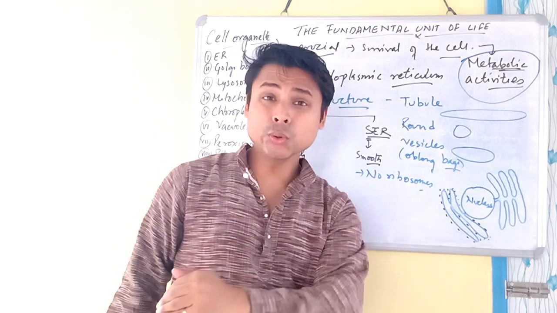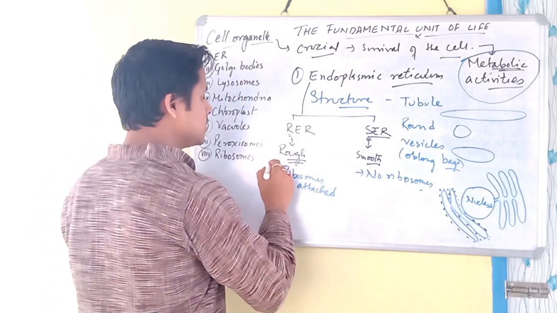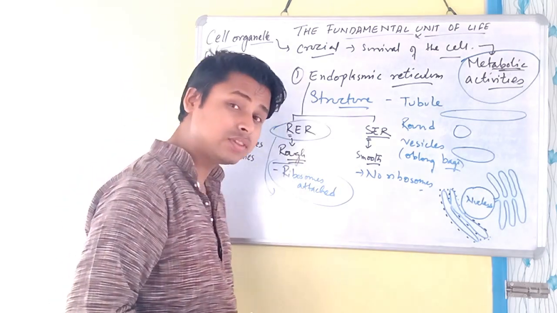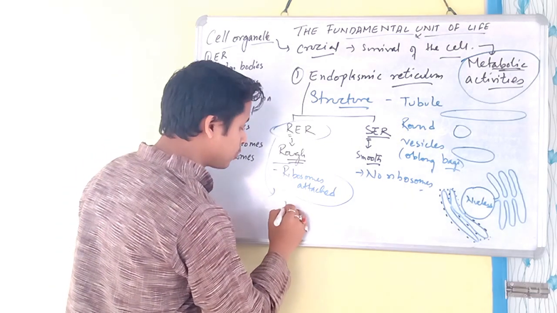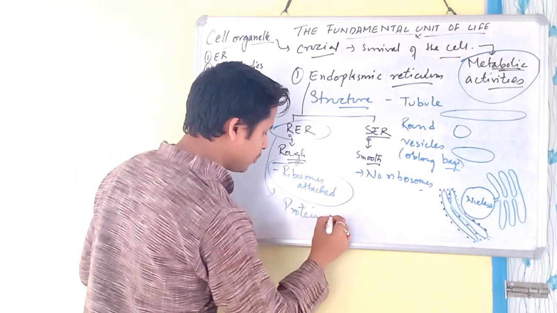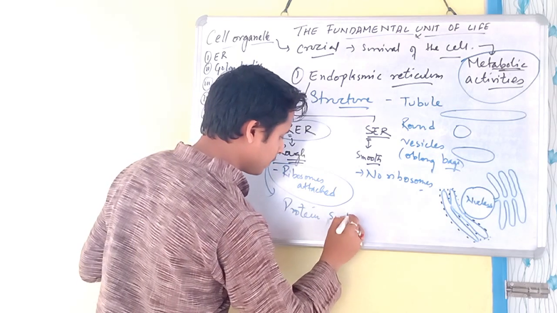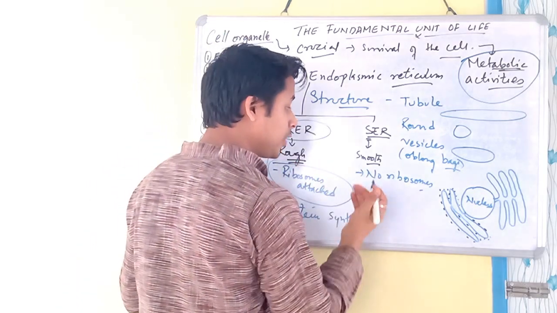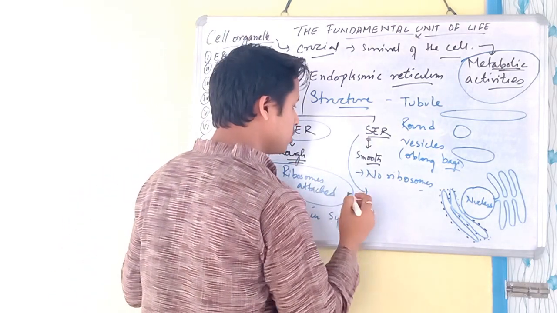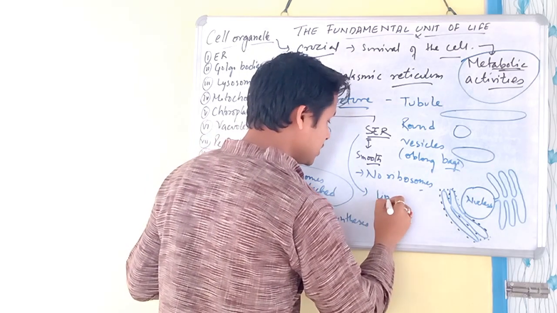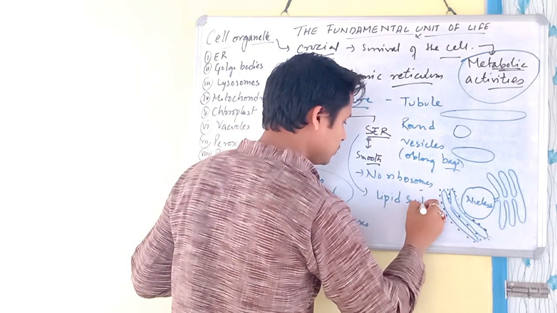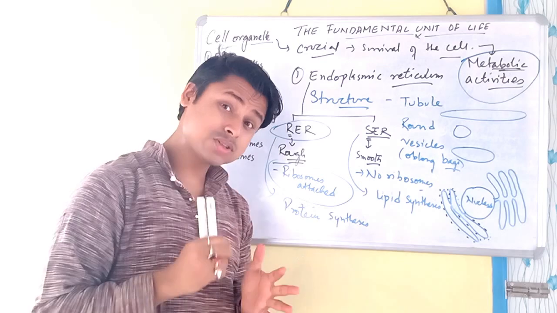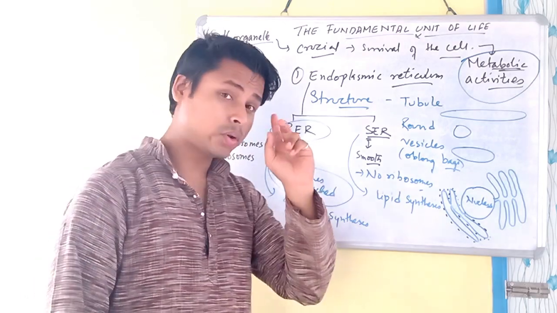Now what does this do? As the ribosomes are present, the function of the RER is protein synthesis. Understand? Protein synthesis. And here no ribosomes are present, because of this the function of SER is lipid synthesis or fat synthesis. Because of ribosomes, only the protein is synthesized. So, remember,